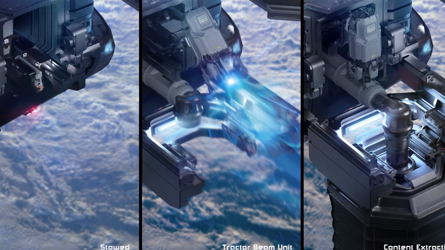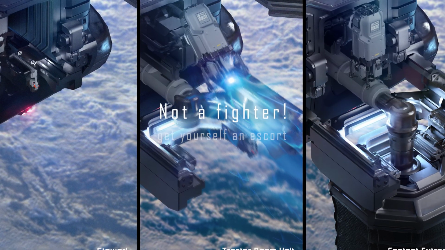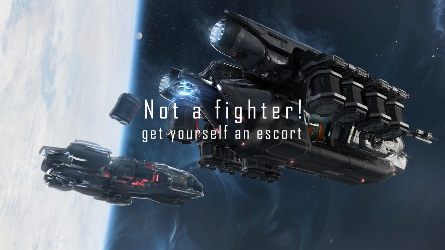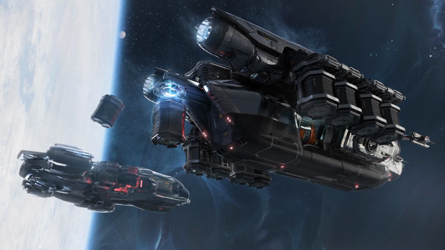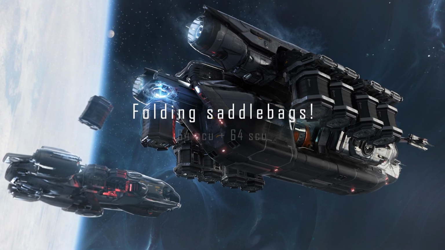Now, being a mobile refinery, it is not really designed for fighting, and that is why it only has 2 small weapons and a small shield generator. But I believe that it will get a second small shield generator because it is too big of a ship to only have 1. Like the Prospector or the Mole, the Expanse utilizes the same folding sack design that allows